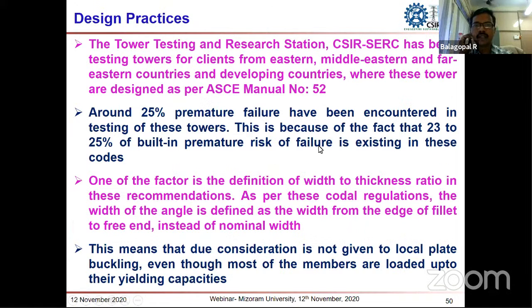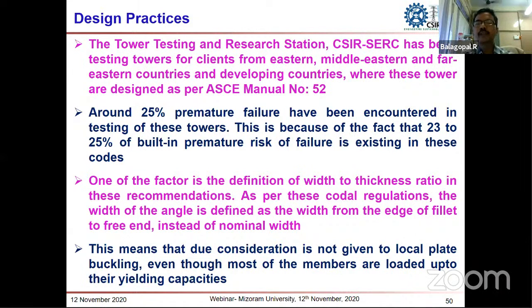And in TTRS, Tower Testing and Research Station, we have tested towers for many clients from East, Middle East, and Far East countries, and there are some premature failures we have noticed in these towers. About 23 to 25% of the towers show premature failure, and as per the codal regulations,